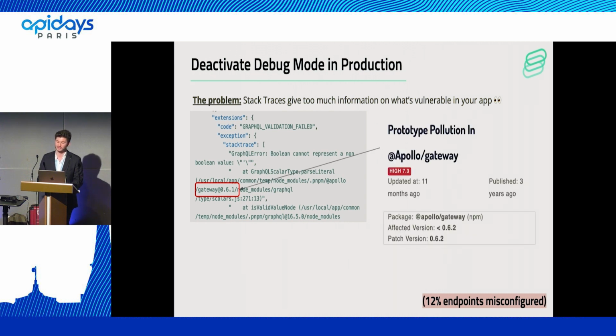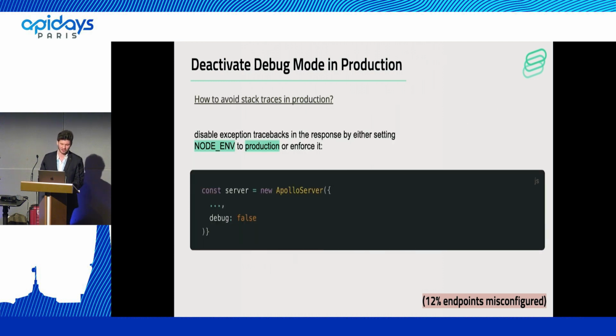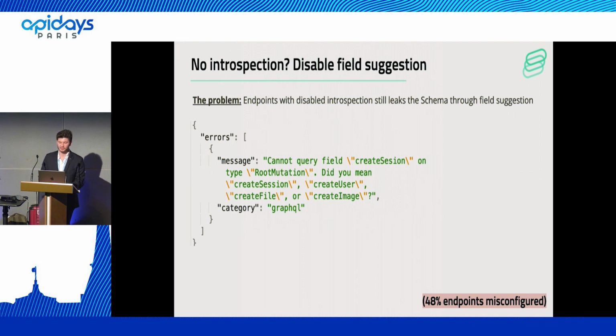And if we take a look on the internet, we can see that there is a well-known vulnerability for this specific version of this specific package. So when you disclose stack traces, you give a lot of information to attackers for them to know which precise parts of your API are vulnerable. This is where hackers start when they want to hack APIs. So you can generally set NODE_ENV to production to avoid disclosing stack traces.